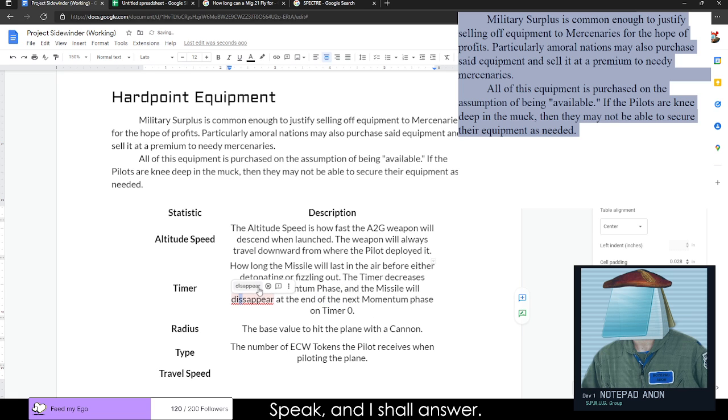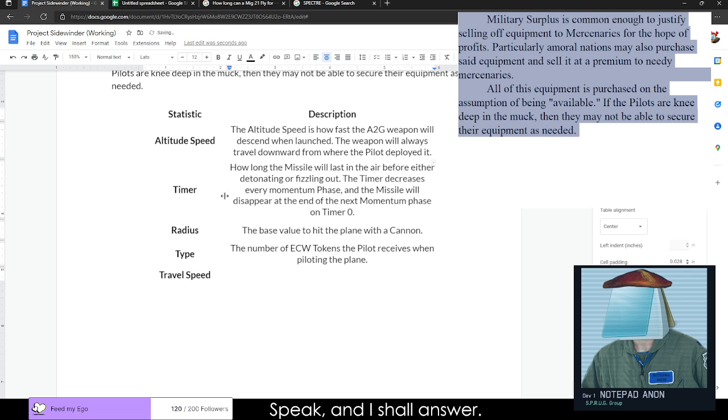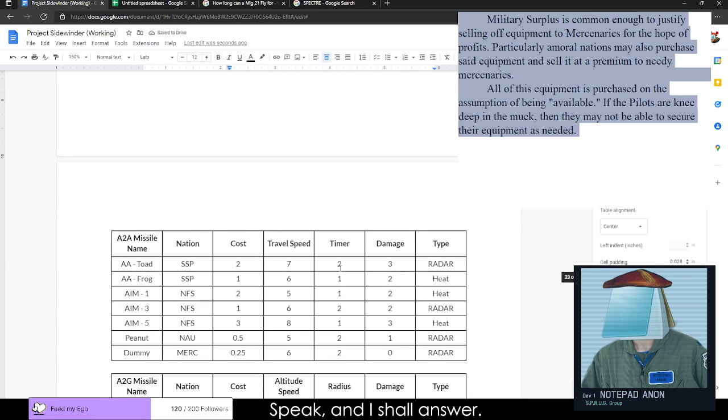So it's pretty much like if it reaches 0, it's kind of going to end already. Technically this is going to be turn 1. It's going to move. The next momentum phase will hit 0, and at the end of that momentum phase, technically, this is going to travel 15 inches. That's kind of the idea. A little bit wonky, but